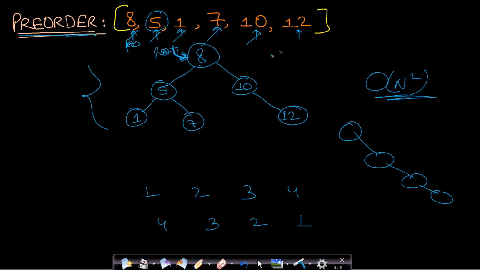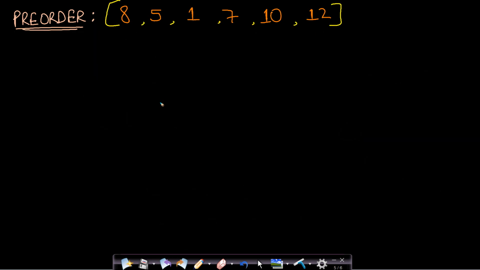Now how can we optimize this solution? It is possible to get below order of n square solution. So our first element is always fixed, so we will just write root here, and this will be assigned to root. Now this is falling in the range of min to max, as I already told you. So the root element can be anything. Now we move on to the next element, 5. Since this 5 is lower than this element, and this 5 also falls in the range of this root element, we will insert it as the left child of this 8.